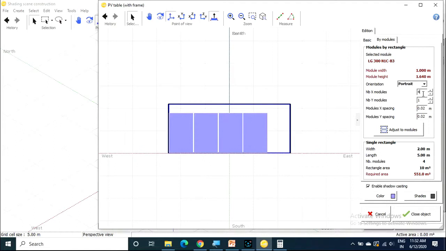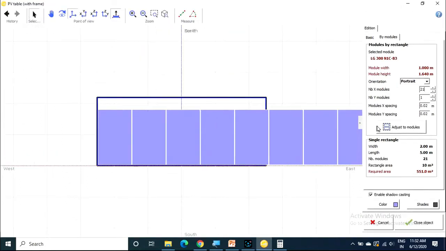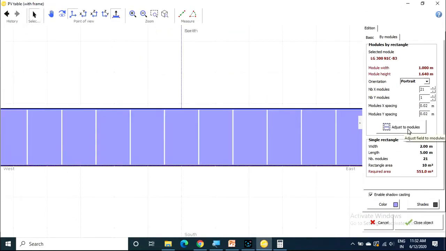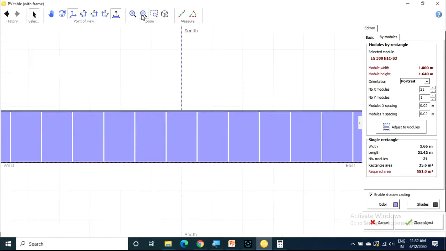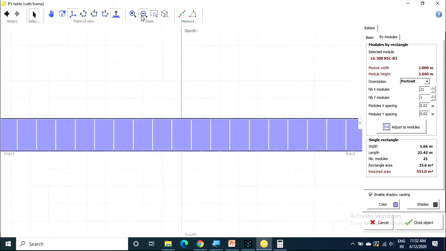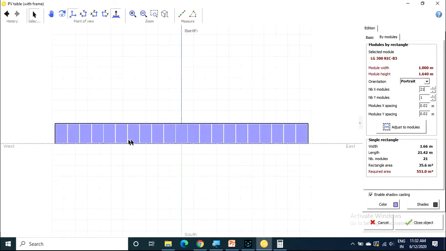How many modules are in a string? 21. In each string 21 modules are there. Then adjust the modules. So you can zoom out and you can see the 21 modules in one string.